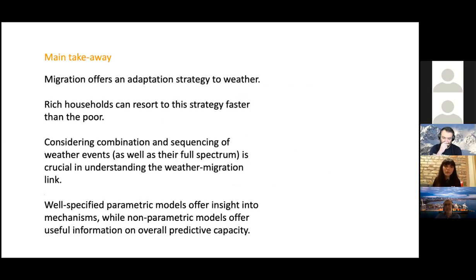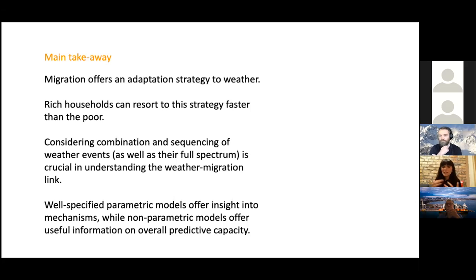And we can actually look at repeated migration moves, and when people return, we see that many of these migrants go, stay for a bit, poorer households stay longer than richer households, and eventually come back, especially if the weather is getting better. But we see this big difference in who has access to this adaptation strategy. Rich households can resort to it immediately, but poor households actually cannot. And this creates concerns about inequality in the long run. Who's going to be able to fight the effects of climate change, and who's going to be left behind without any resources?